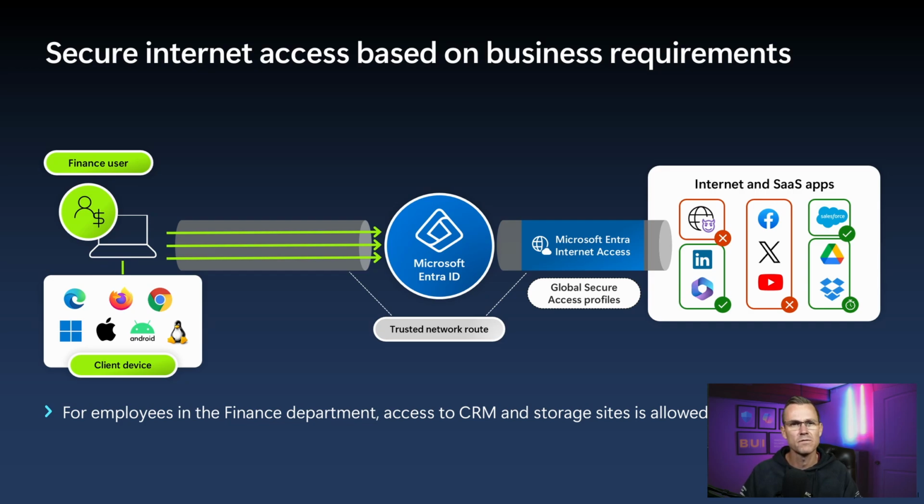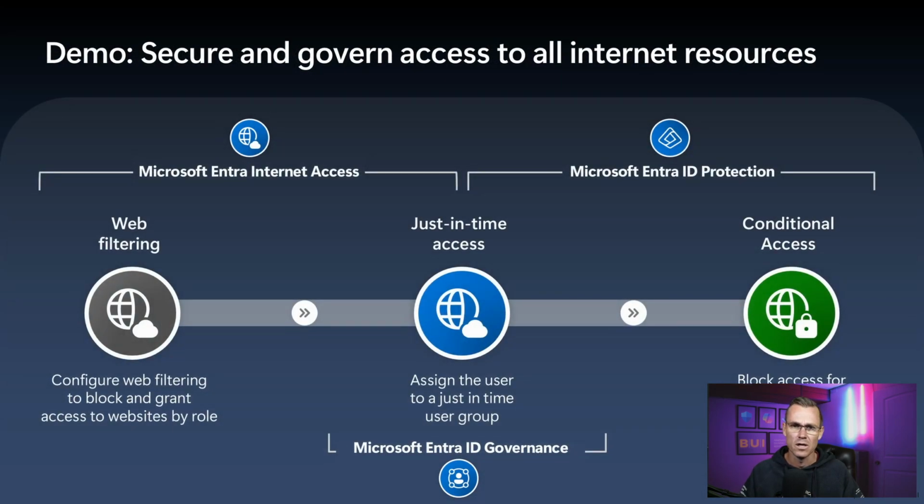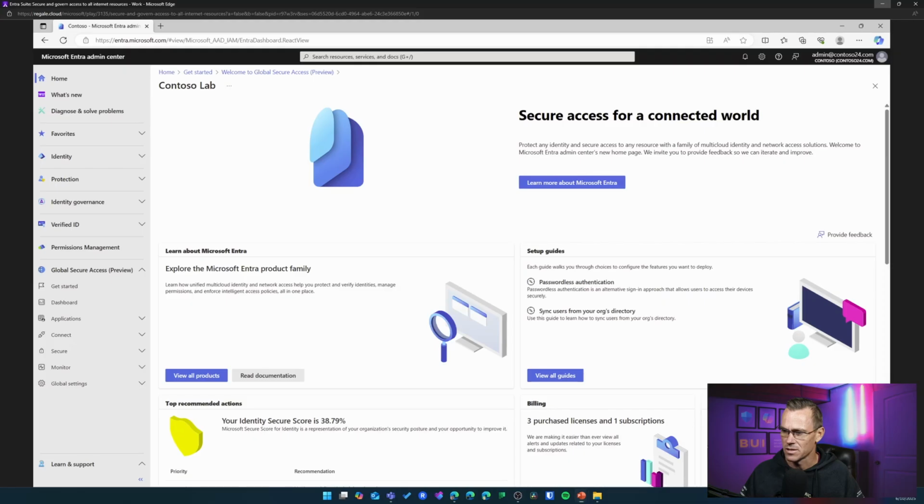So we have these different scenarios in terms of who can access what on the internet, and we are going to be taking a closer look at how internet access, Entra ID Protection, and conditional access are going to play a role in providing the segregation of internet resources through the Global Secure Access client. All right, so without further ado, let's jump straight into it. Again, in this demo, I'm going to start off by showing you the admin side of things, how it gets configured, and then we'll run a brief example on how it looks for the end users.